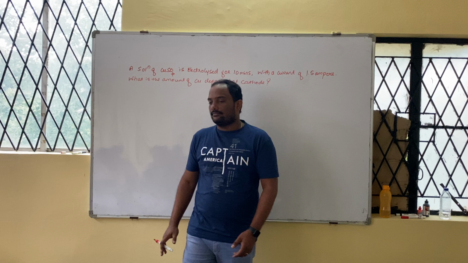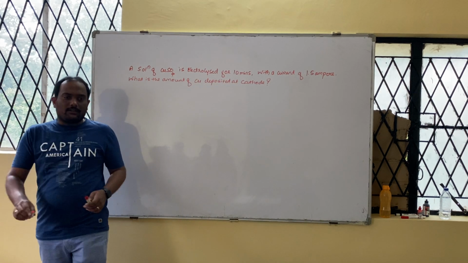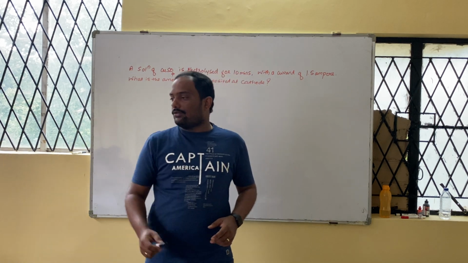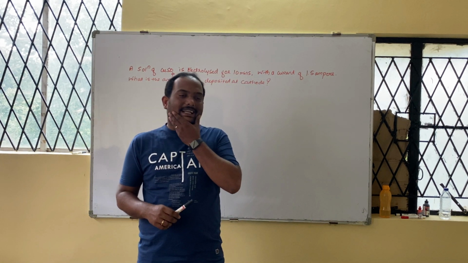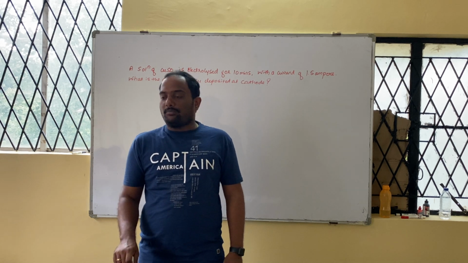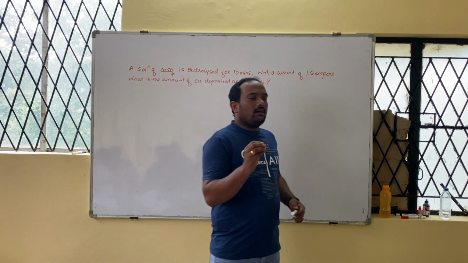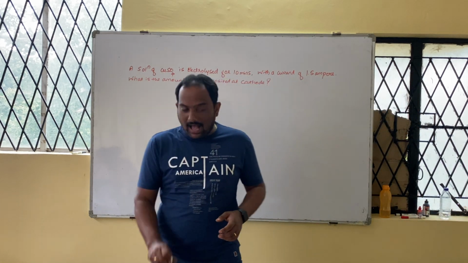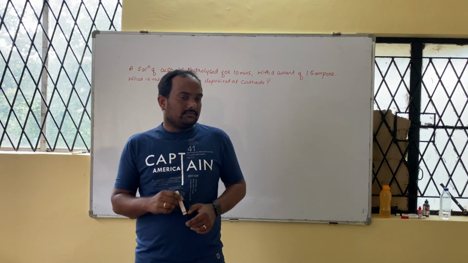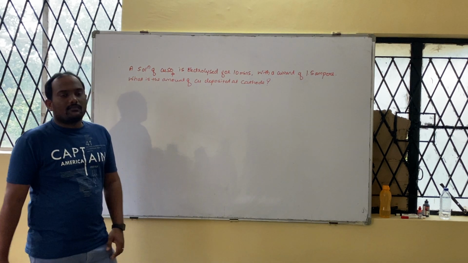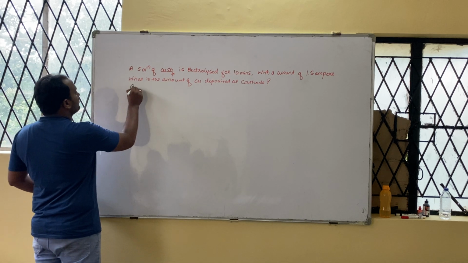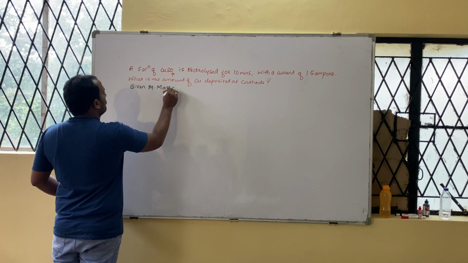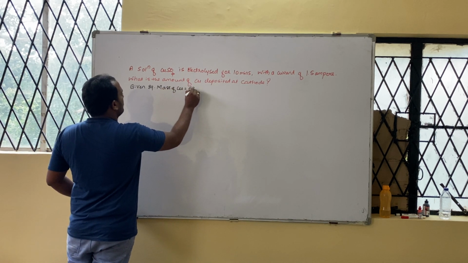Cathode. Yesterday I have given: however many Faraday you pass, how much gram of substance is deposited? Check yesterday's note. Below, 1 Faraday is equal to 96,500 coulomb, I have given. However much you pass, equivalent mass is deposited. Correct? So below, given: equivalent mass of copper is equal to 63 gram.